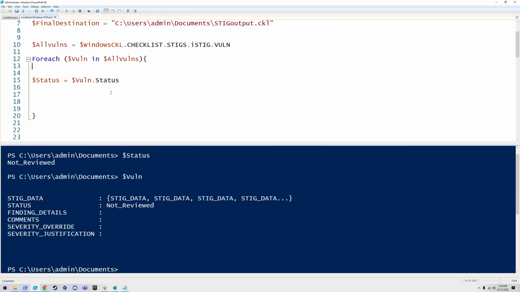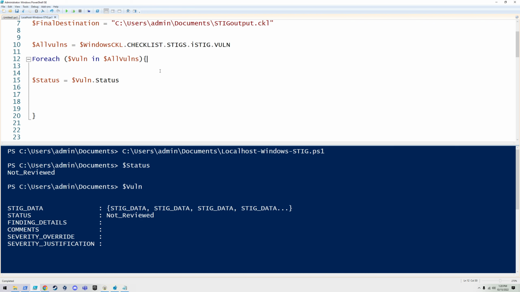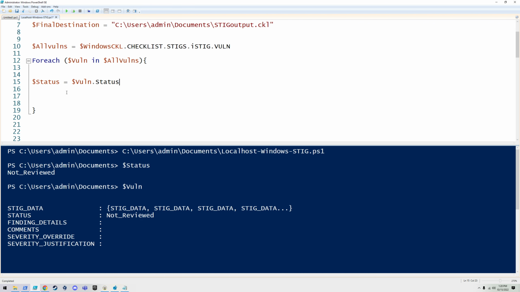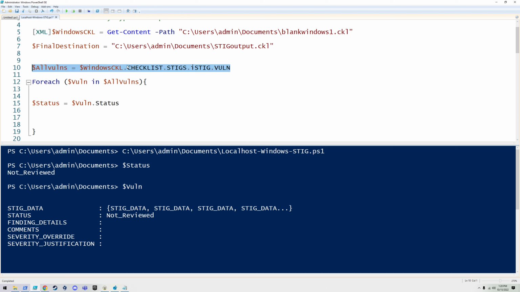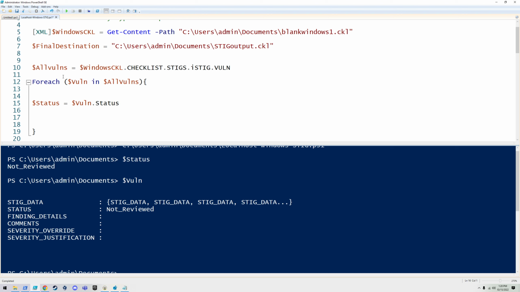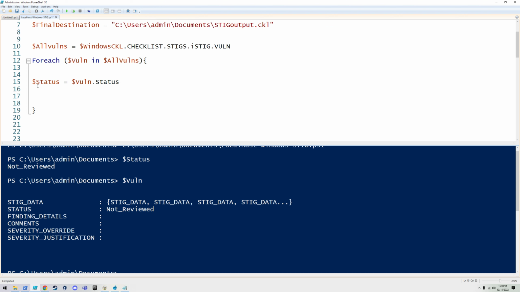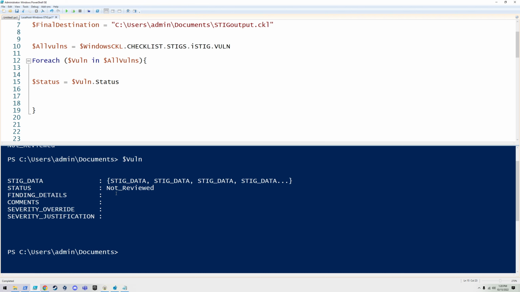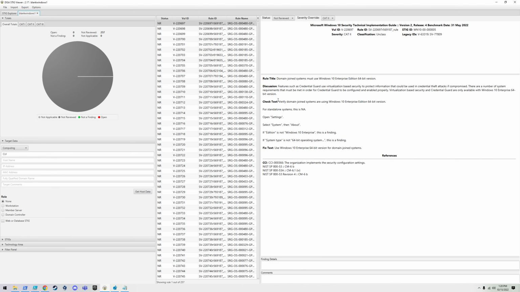Alright, so the reason I created a for loop was because if we just tried to manipulate any sort of individual variable when we had all vulns here, you'd be manipulating all of them at the same time. So obviously you'd want to create a for loop here. And I created a status variable so we can simply grab the status of each individual vulnerability. But as you can see, we don't have vulnerability numbers. We don't have rule IDs, we don't have descriptions, we don't have all sorts of information that you would see in the actual